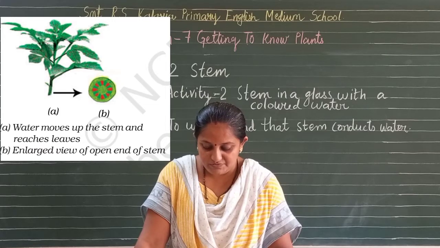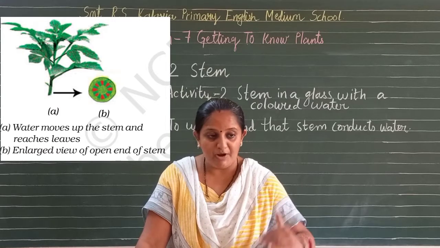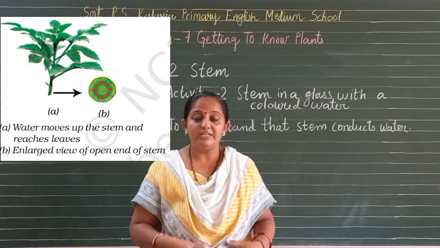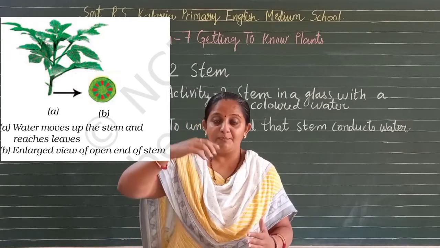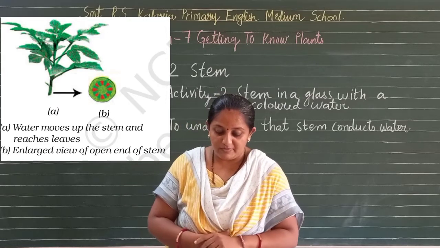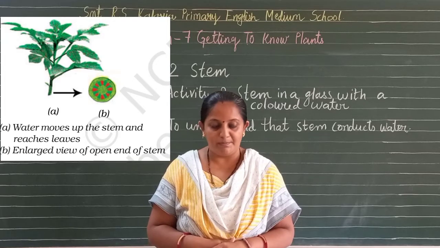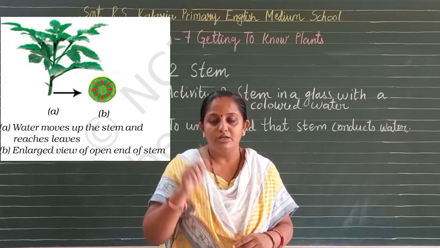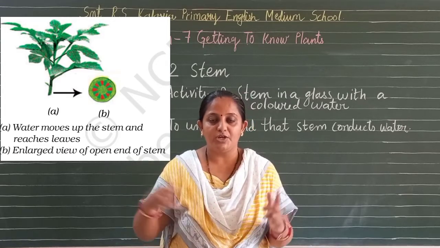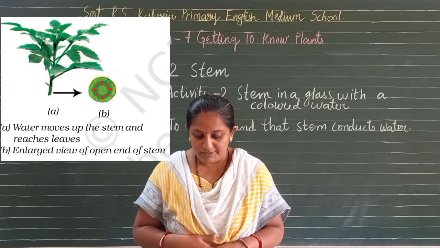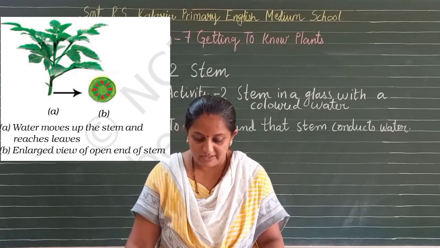From this activity we see that the stem helps in the upward movement of water. The stem takes the water from below and moves it up, the upward movement of water in the plant. So the water and the minerals go to the leaves and other parts of the plant which are attached to the stem. The parts attached to the stem will get this water and minerals. You can look at the picture also. So we can say that